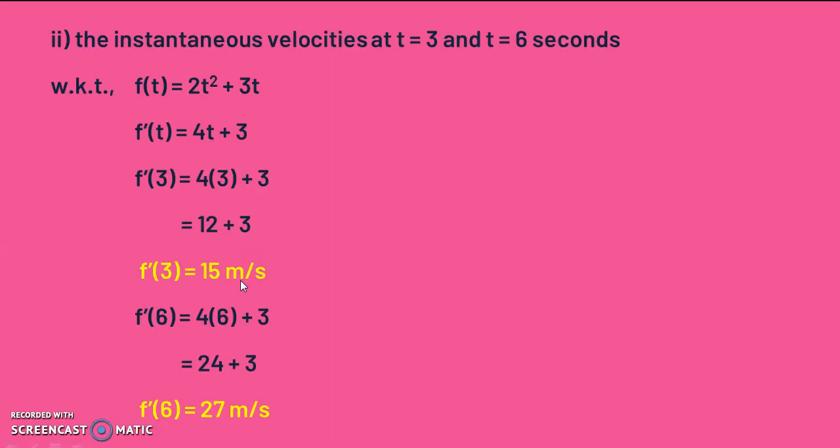So that's all about the average velocity between 2 points and instantaneous velocity at a fixed point. To find this you have to first know the formula for finding average velocity, and then you have to find the derivative of the f of t and then substitute just the value for t in that derivative only. So this is a simple and easy problem, and I hope you understand this problem.